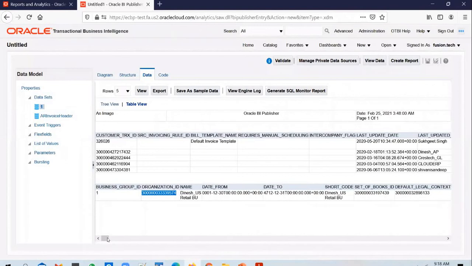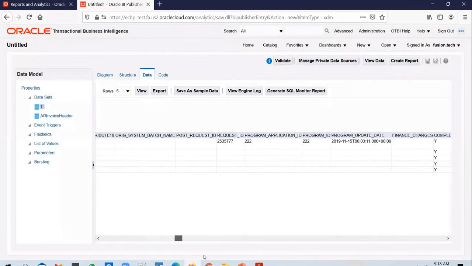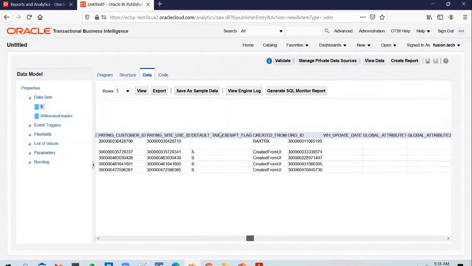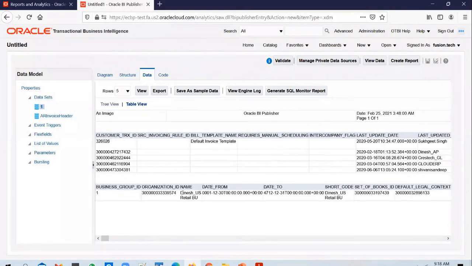In the invoices table, you have the org ID column, which is storing the organization ID. And in another table called HR operating units, for that organization ID, you can get the name.